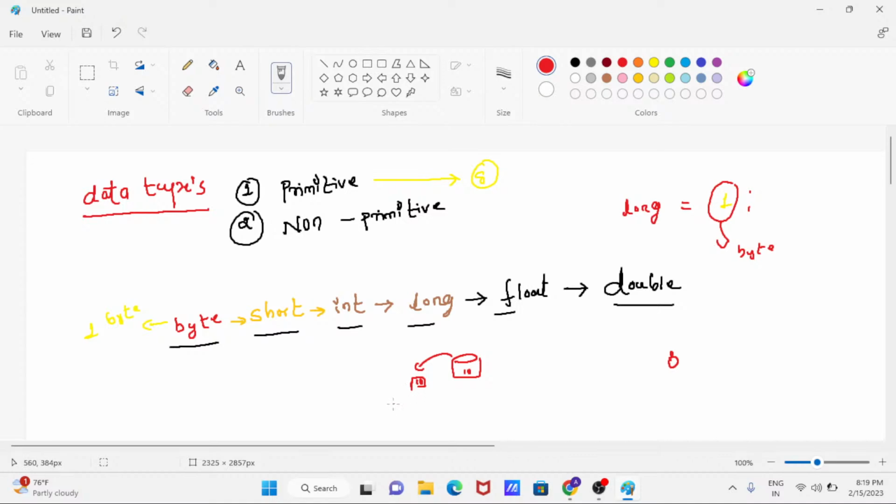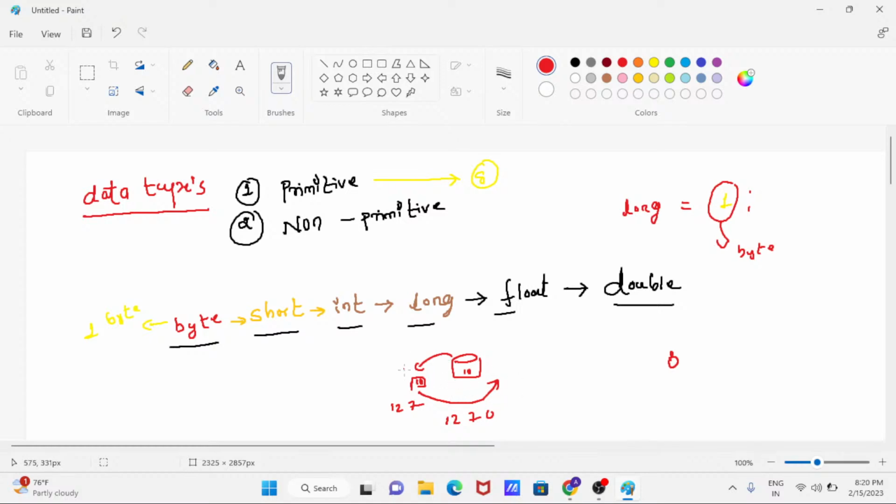Sometimes I have one value 127. In future I will increase this value every time. In some situations, after 10 iterations my value will become 1270. Initially it is 127 only, but later it will be 1270. So in this situation what should I do? I want to store the smaller range value in a bigger range container. I want to convert my data, correct or not? Why? Because in the smaller range container no space is there. So here I will convert this smaller range data type to a higher range data type.